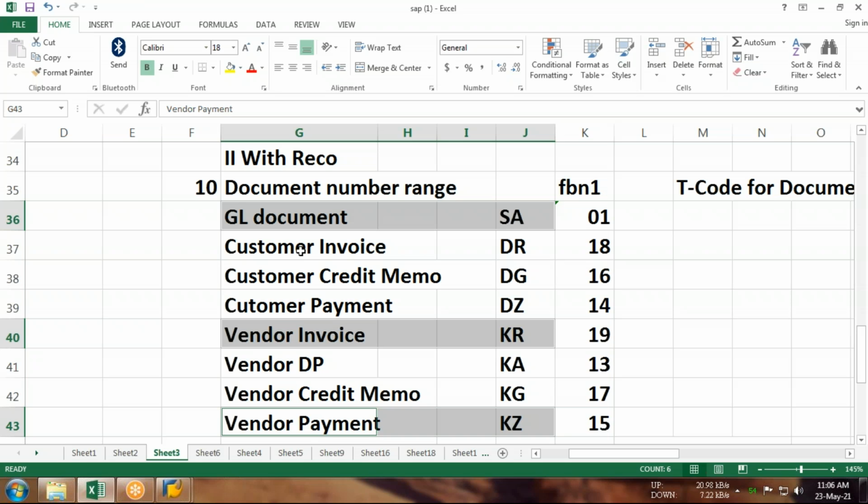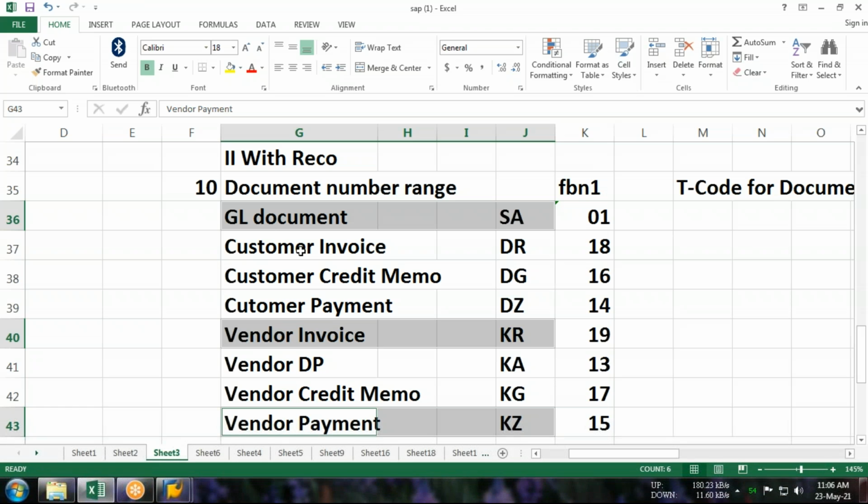Guys, we are performing hardcore SAP configuration right now. We are not performing as end users. That's why you are getting some odd terms or odd configuration. Sir, in Tally or other software, this type of question may not be asked at any time, because there you are the end user. In Tally, you are the end user. You are not a Tally developer. But in SAP, we are developing our company code. We are configuring our company code so that we can perform the end user tasks in my company code.